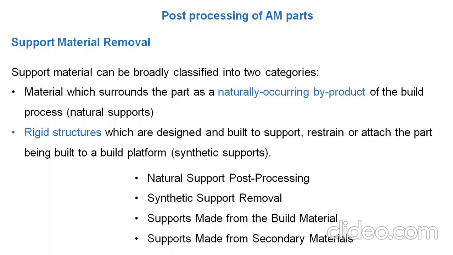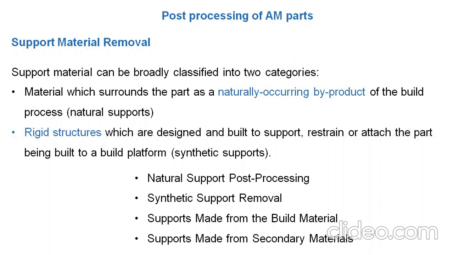Then we can use two different types of material to manufacture your AM parts. AM parts means additive manufacturing parts. Build material is the other material which is used for a supporting purpose to manufacture your AM part. After manufacturing of your AM parts, we need to remove this build material. Okay, so this is your third part, and support made from the secondary material.